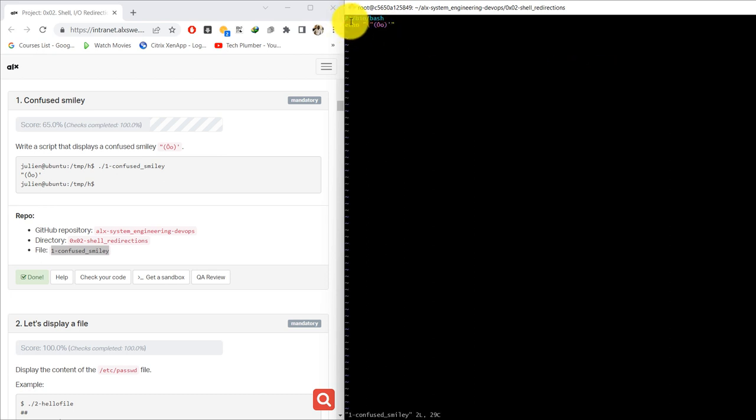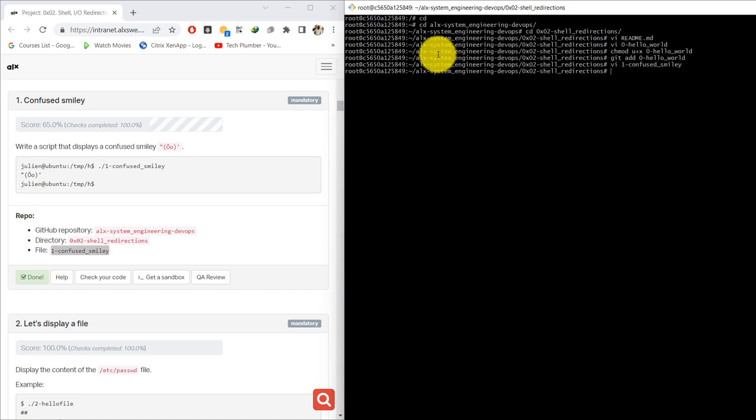My first line is the #!/bin/bash followed by the command that displays the confused smiley. So it's echo with some other words attached to it. When you are done, you just press escape :wq to exit. Then you do your chmod u+x space the name of the file,